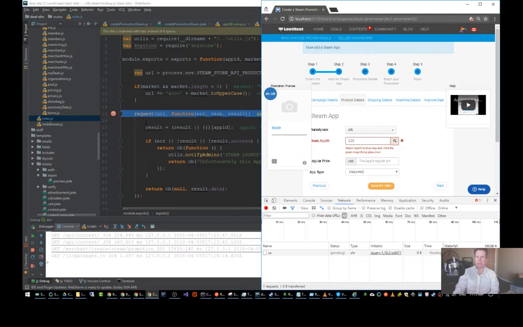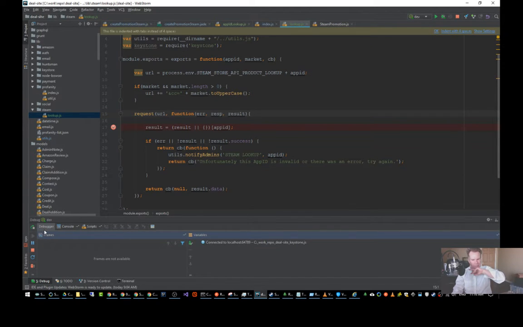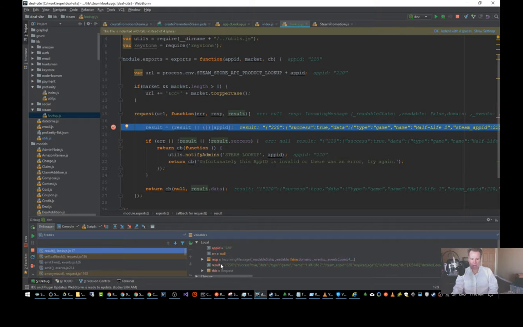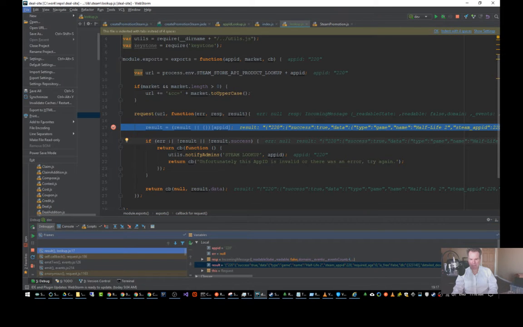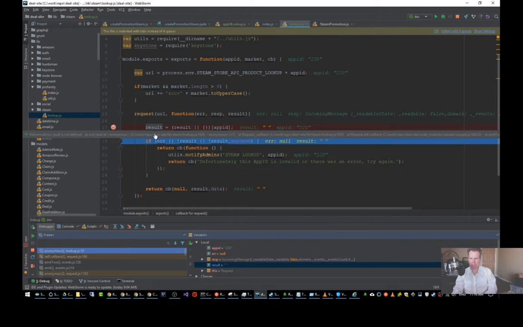So here we go. We did call into our lookup. Our lookup got called. Our Steam powered. Here's our API request to get the Half-Life details from Steam. Let's just drop a breakpoint in here and see the results. The results are coming back. I can see them down here. We will window into it. And results should be,